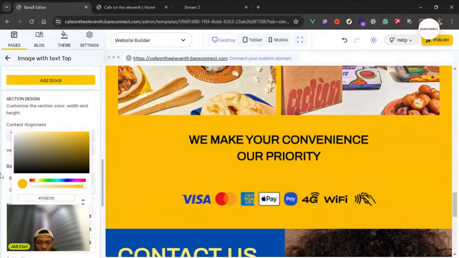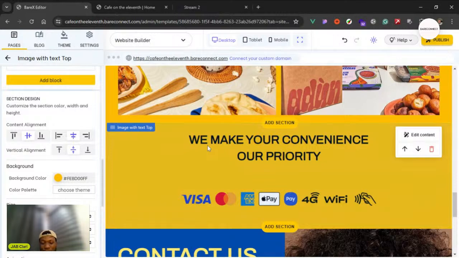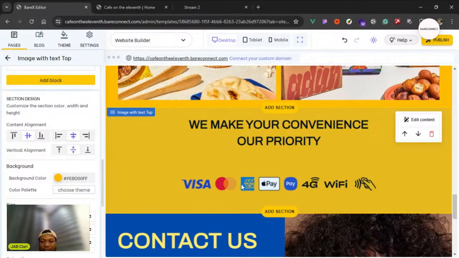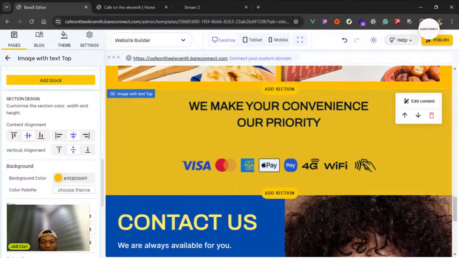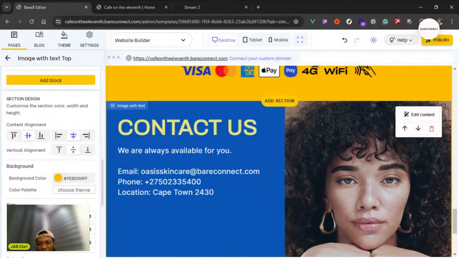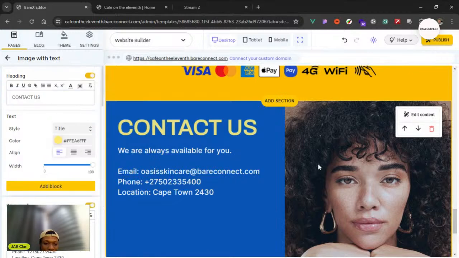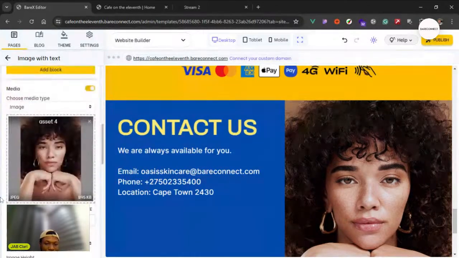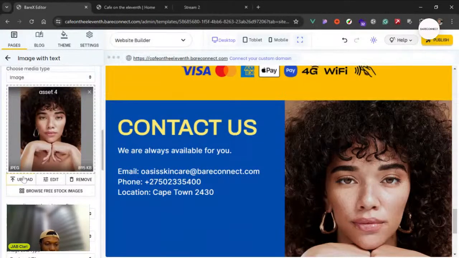And we just want to add the section because we want our customers to know that they can pay with any payment option that they have available. Contact section, you can keep it. We'll probably switch the image and we will upload our own image now. So we are going to go with